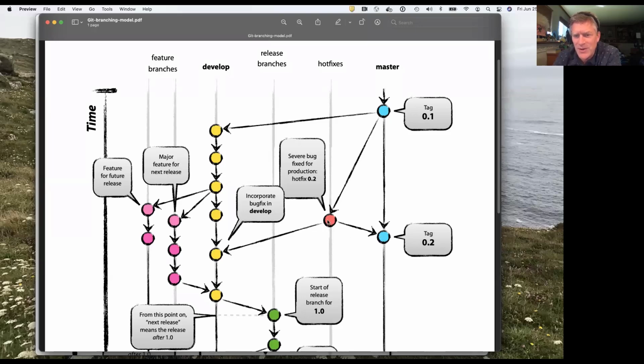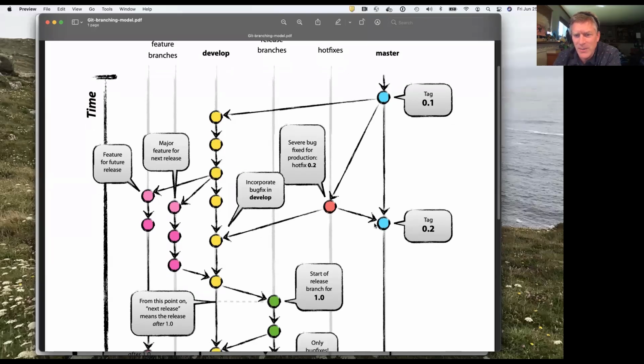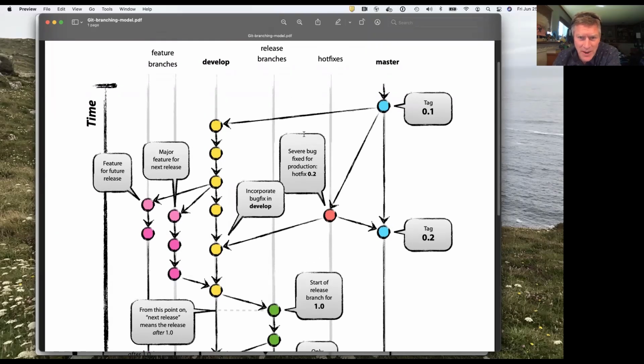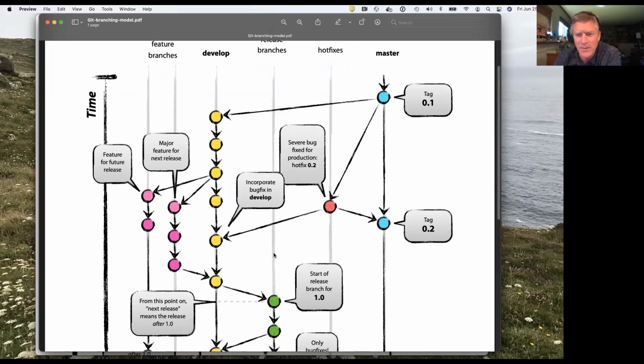But that fix should also go back into develop. So a hotfix branch should merge back into both master and develop. The distinction between a hotfix branch and a bug fix is that hotfixes come off of master and go back into master, whereas a bug fix just comes out of and goes into develop.